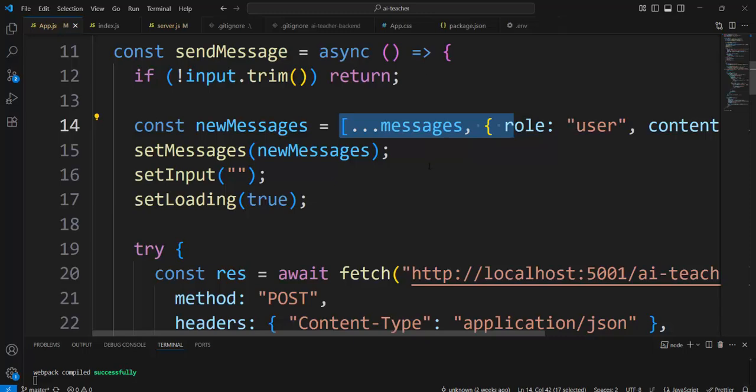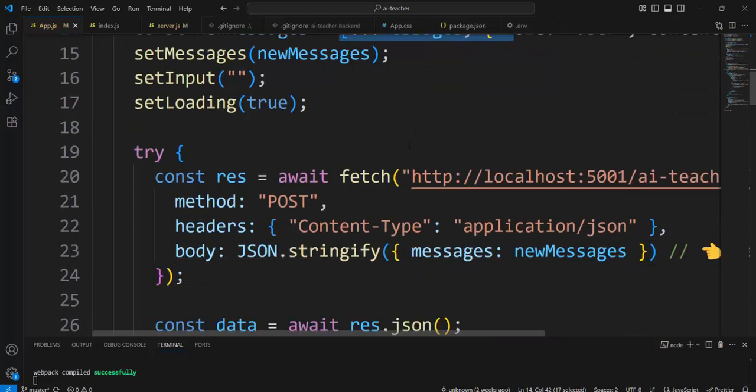And ChatGPT's response says to me, here it is. You see curly brackets around the new messages,